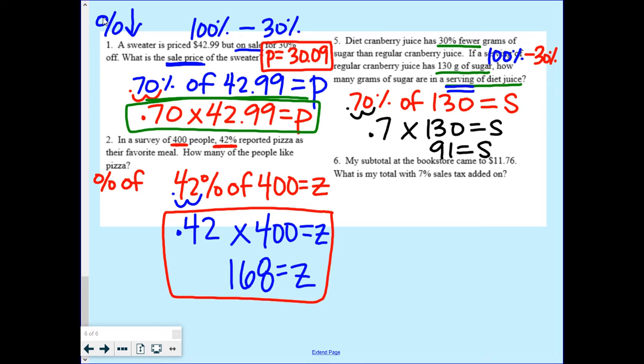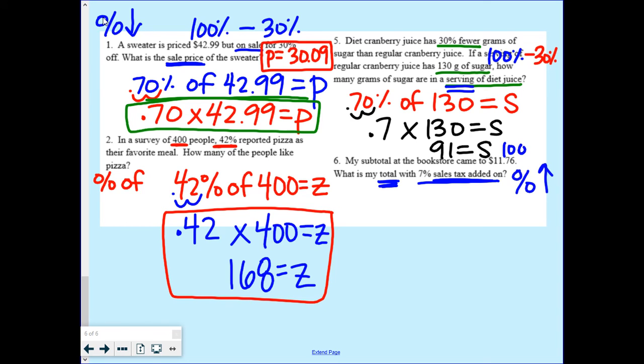One more example. My subtotal at the bookstore came to $11.76. What is my total with 7% sales tax added on? There's a couple things here that clue me in to the fact that this is a percent increase problem. They tell me they want to know the total, but they also even go further and say sales tax added on. So if that's the situation,